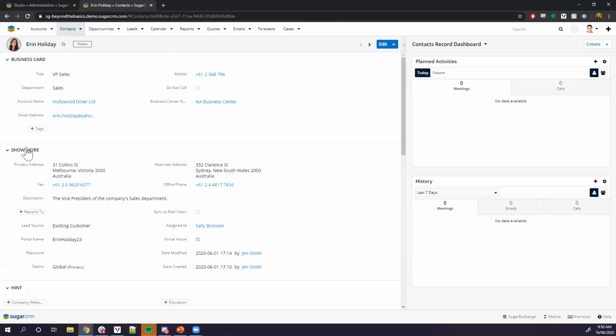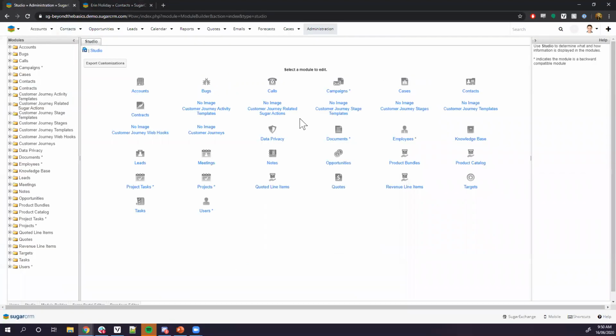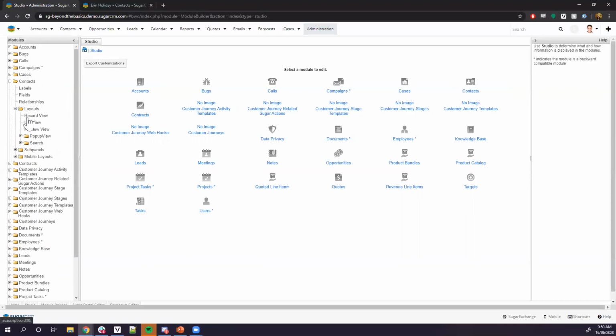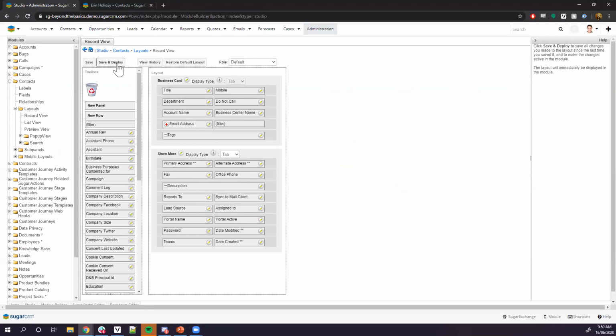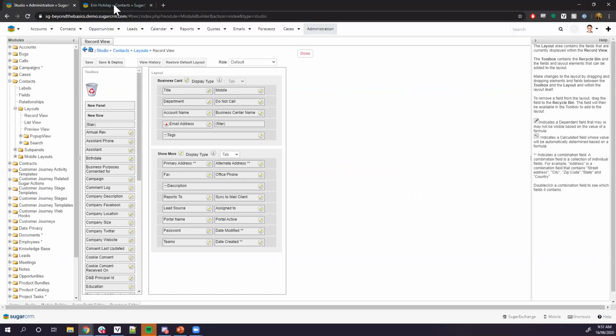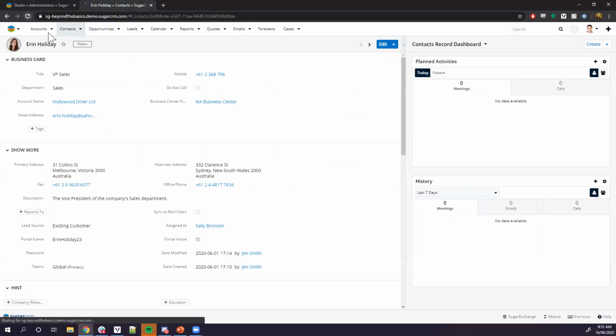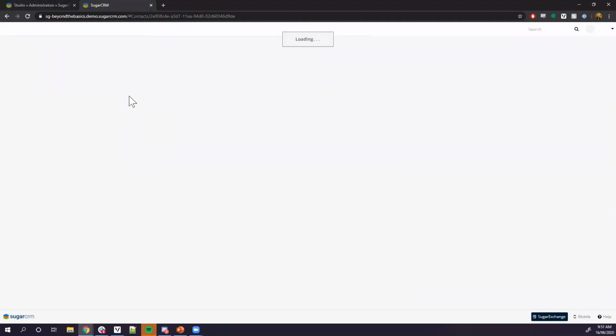What we do find some people prefer to do is to actually have the key pieces of information grouped together and then available as tabs at the top. So making that change is very easy as well too, because we can do that again just in layouts record view. And if I want to display things as tabs, I can change it from the top panel here. So I can go just change that to tab, save that change. So when I go back to our contact record and I just refresh our view,